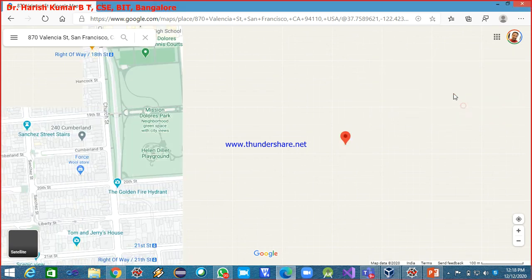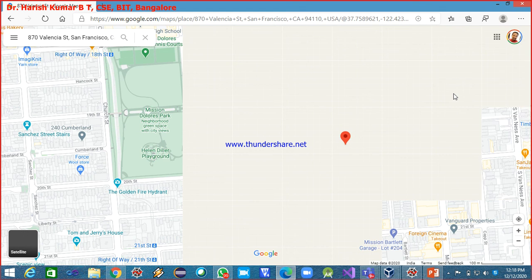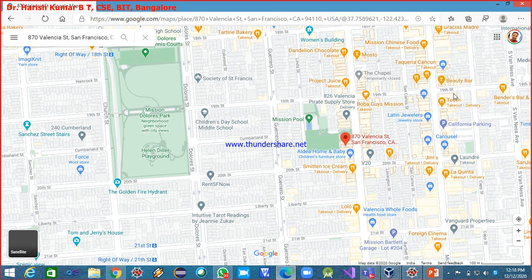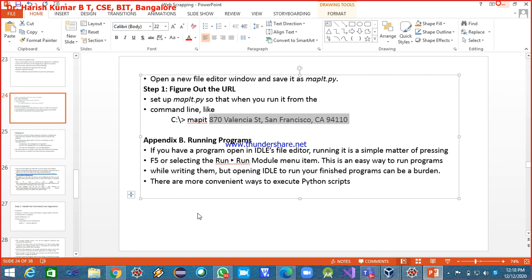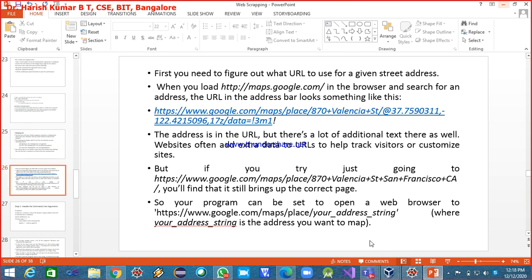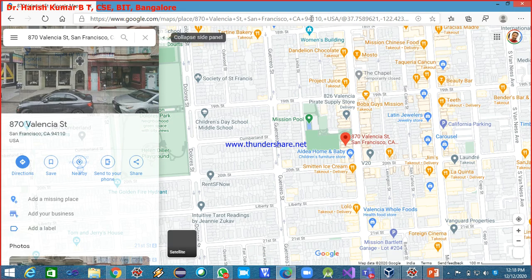So it is located. Okay. So this is the street address you can see here. Now, if you look at the URL, the URL is also constructed. So whatever address I gave is added as a part of the URL. Okay.